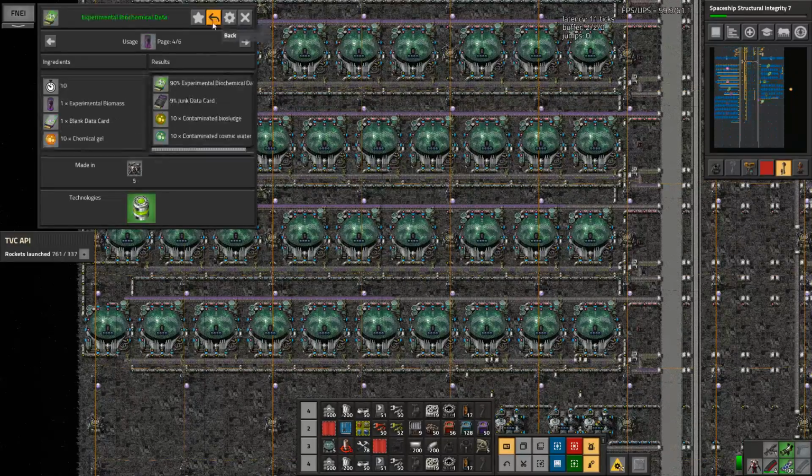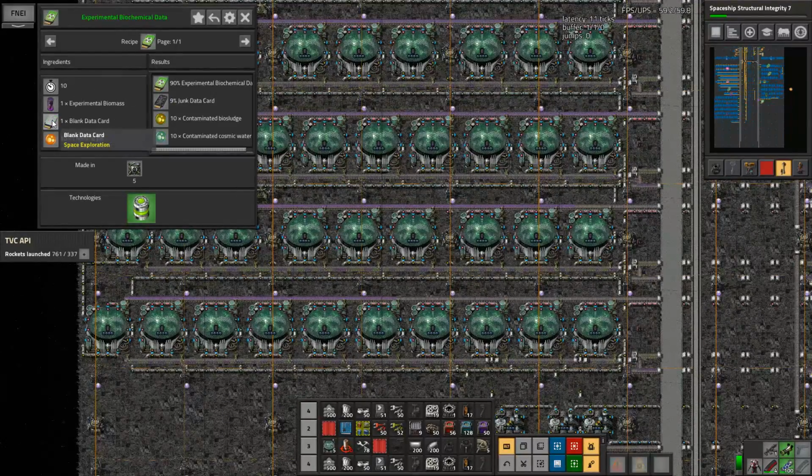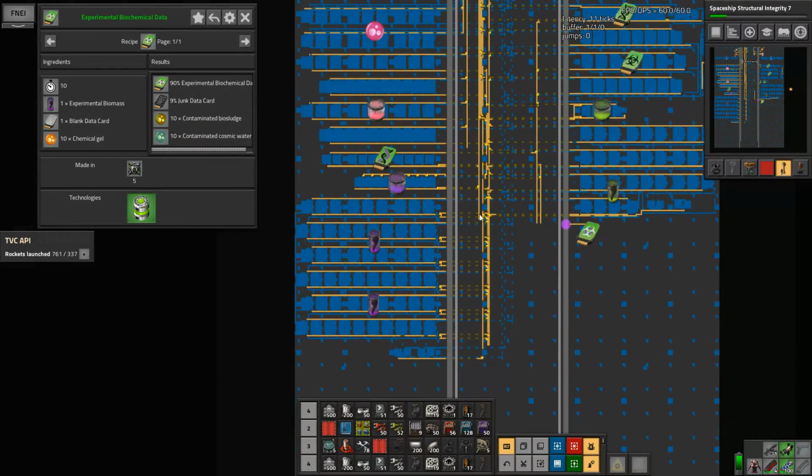Yeah, I think the issue was that I did not remember that, in my spreadsheet, I did not add the experimental biomass to this recipe. And this recipe is needed for the significant biomass. And we do need a lot of significant biomass. So that means we need a lot of experimental biochemical data, and the experimental chemical data then suddenly needs 180 more per minute of the experimental biomass, which means I had to scale up this